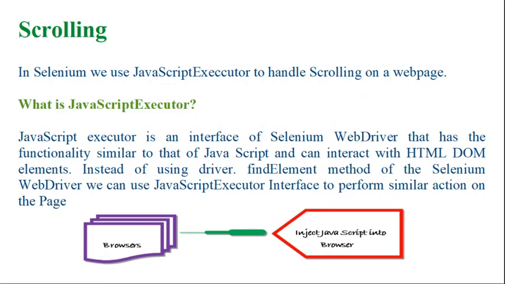So let's start the video and see what scrolling is first. Scrolling का मतलब when a web page is a little lengthy or you need to scroll to a web element or go to a web element which is at the bottom of a page. So first you need to scroll the web page, then you are able to perform any action on that web element. So उस वेब पेज को स्क्रॉल करने के लिए we need to handle this in Selenium, and we can handle this in Selenium with the help of the JavaScript executor.